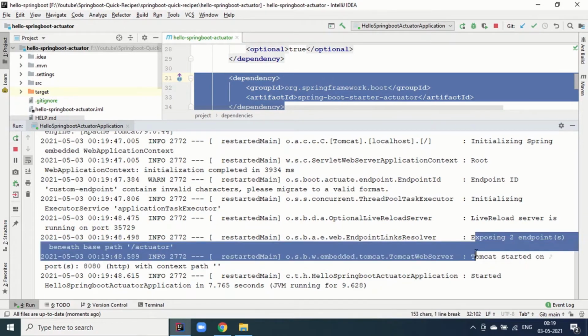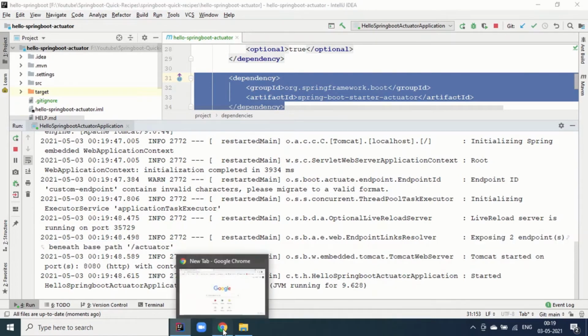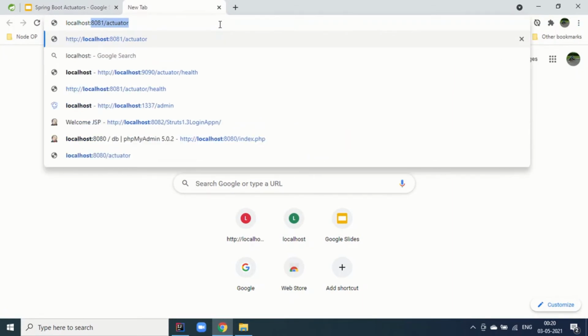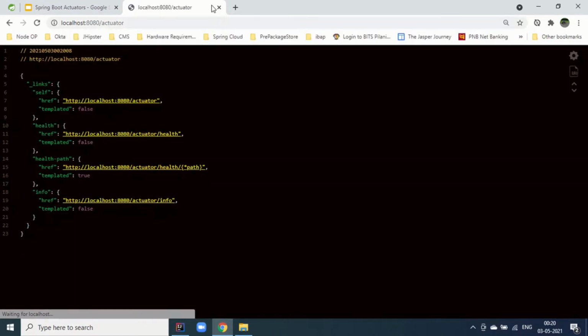So as we can see, we are exposing two endpoints beneath the base path actuator. That means our actuator is now in action. So let's go to the URL. Yes, this is the actuator endpoint, and you can see the health and info paths are exposed as web endpoints. Okay, so now if I want to check the health of the application,